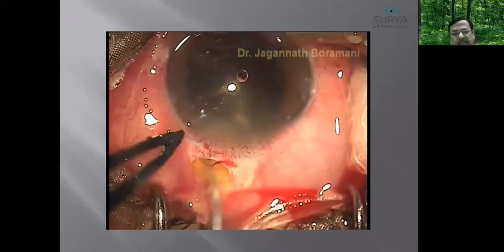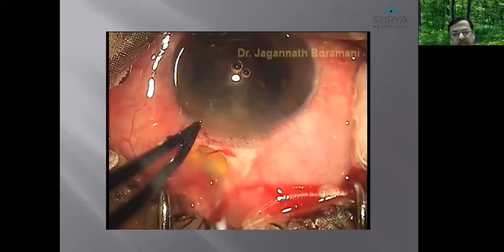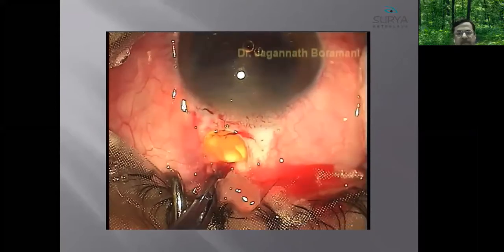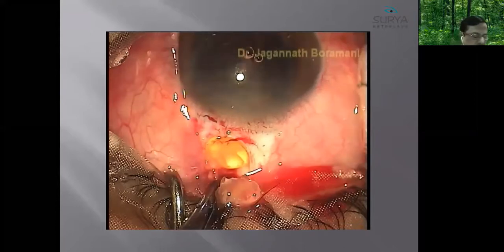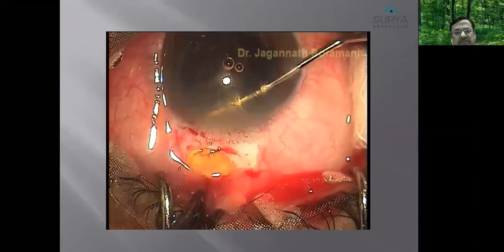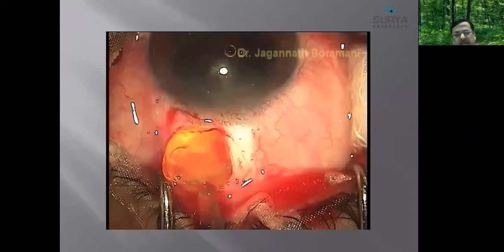Once the nucleus gets fragmented, it is easier. You can hook the nucleus and pull it out, or again you can do a second pushing action. So very gently. Yes, this way the major part of the nucleus comes out.